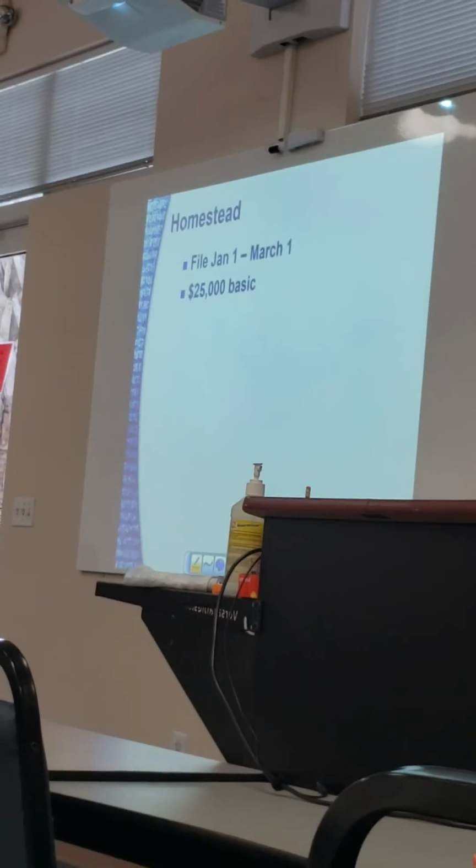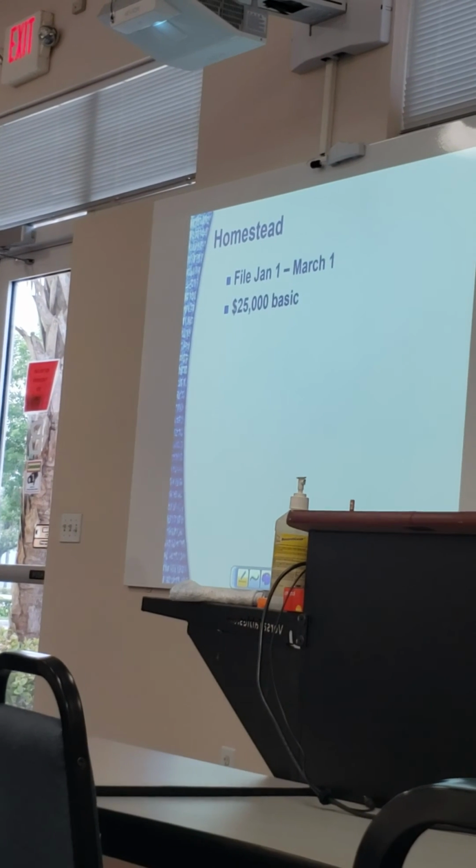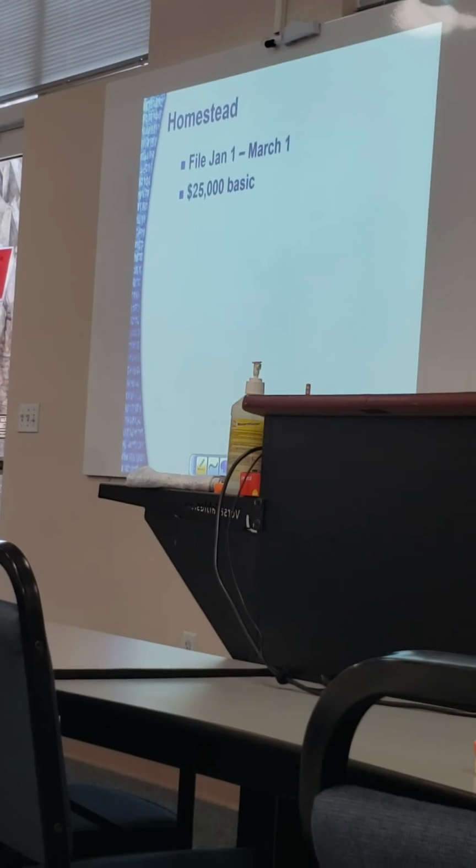So one of the exemptions one gets is called the homestead tax exemption. One has to file for it, and the filing time is between January 1 and March 1st. One gets the basic $25,000. The basic is $25,000 for homestead tax exemption. And one gets some additional exemptions: if one is a disabled vet with a 10% service-related disability, one gets an additional $5,000. If one is a surviving spouse, one gets an additional $500. If one is